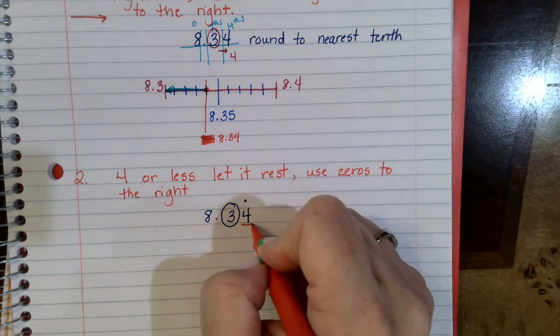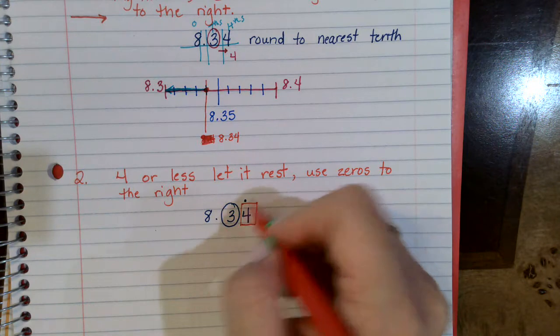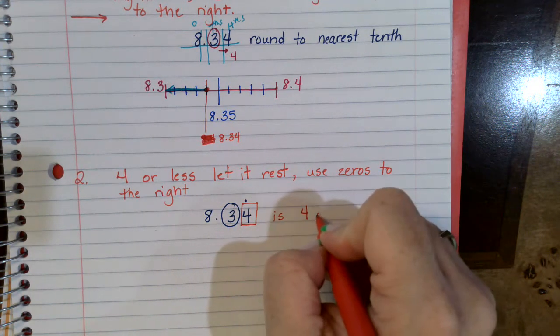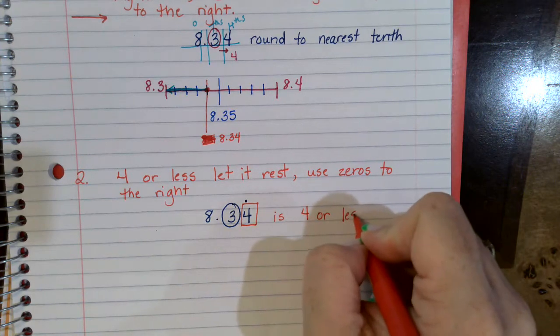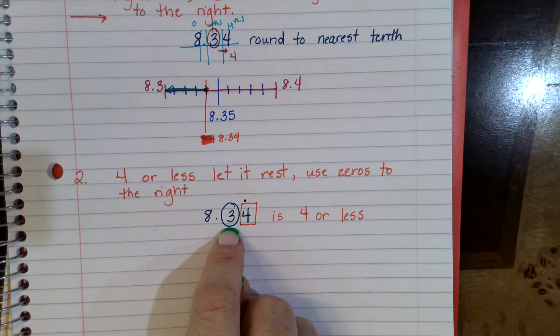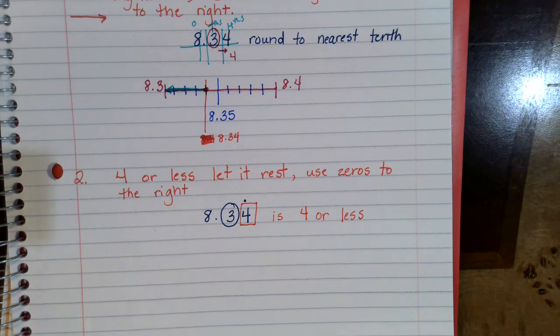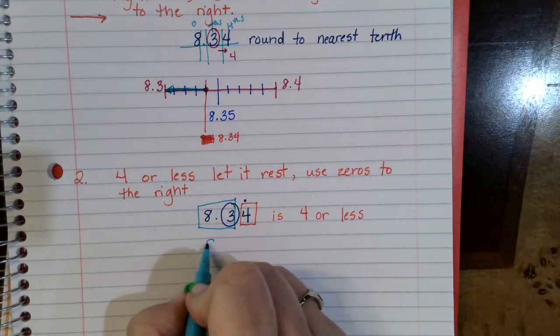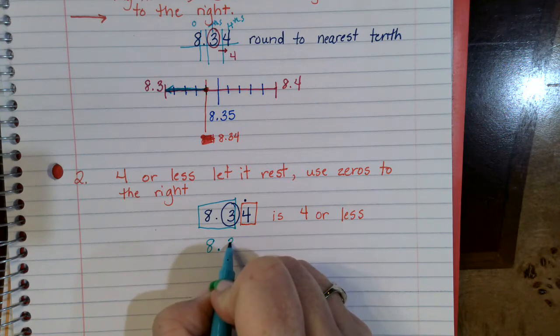Our hundredths, this number right here, is 4 or less. Let it rest means we're not going to change this 3. We're not going to change it at all. So this stays 8.3. It rests where it is,